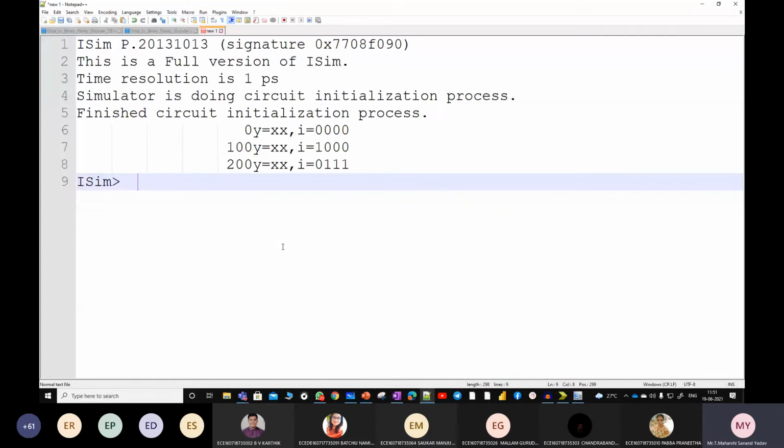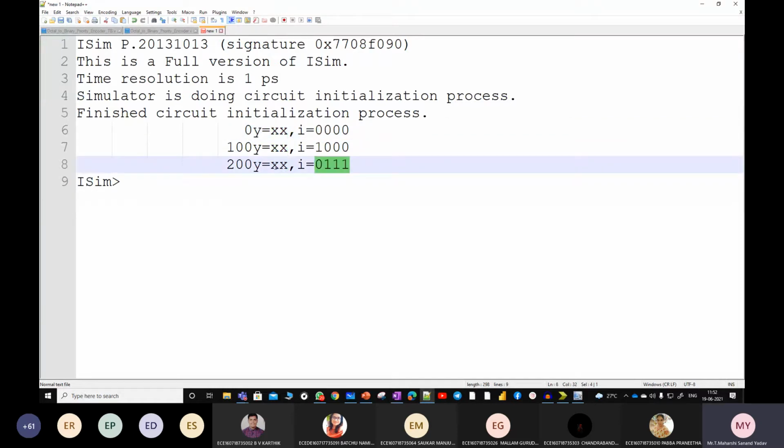See, am I getting the result? Yes, please tell me. Are you able to see any result here? When I is equal to 1 triple 0, I need to get output as 1 1. Here, I need to get answer as 0 0. Here, I need to get answer as 0 1. Sorry, this is 1 0. Here, I have to get answer as 1 0. So your code is not working. So that is wrong.